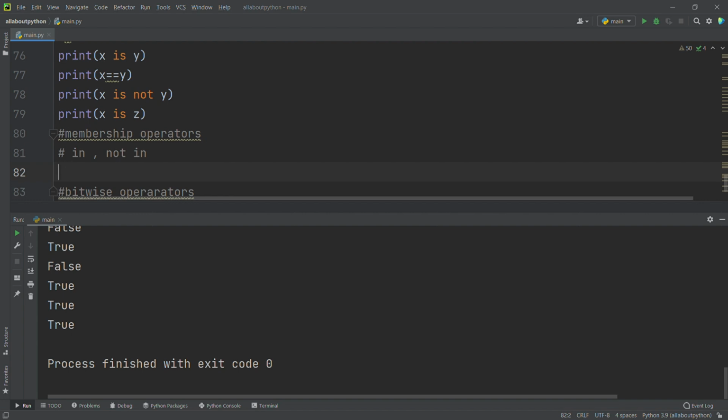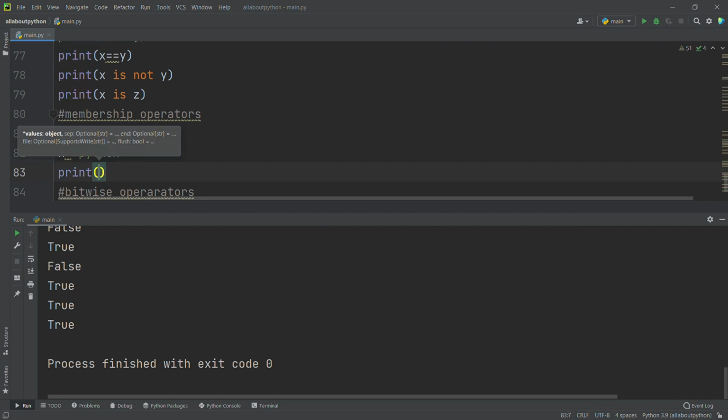I want to say x is equal to python, and I want to check whether y is inside the x variable or not. So I will say print of y in x, and I will print this.